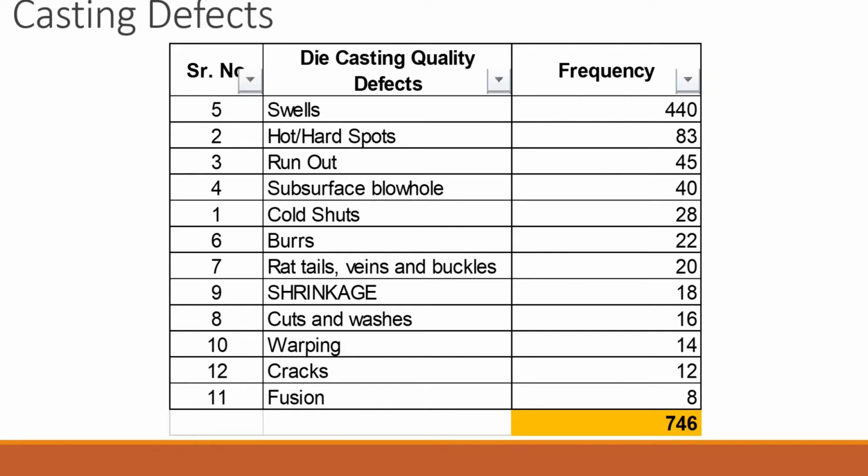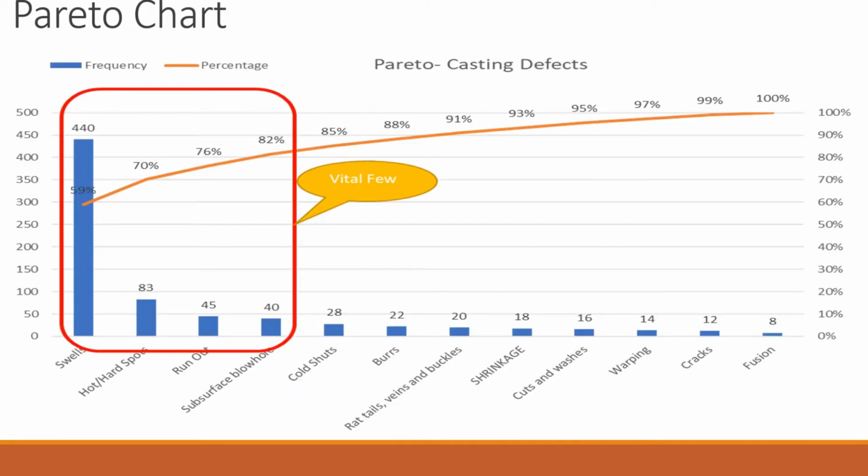So to find out those which are causing the 80% of the defects, we have to go with the Pareto analysis. So here you can see the Pareto chart already created using Microsoft Excel, and here you can find the y-axis, which has the frequency of occurrences, and the x-axis is showing the defect types. These are the complete defect types, and here is a secondary chart, a line chart, and it is showing the cumulative percentage, and here is the secondary axis for the cumulative percentage.